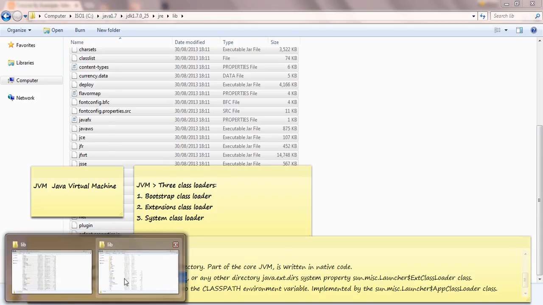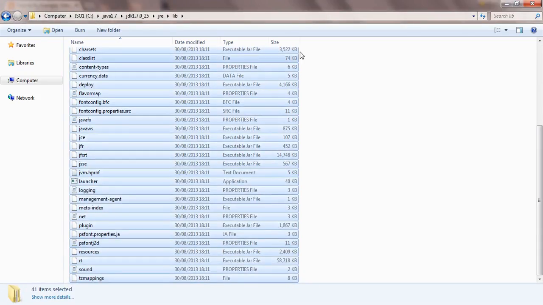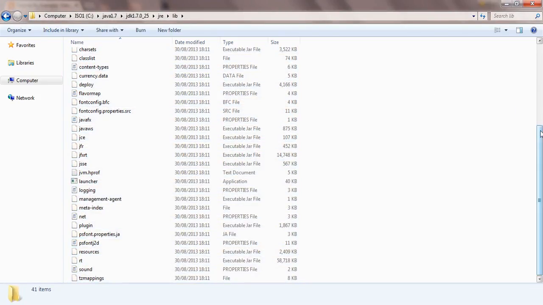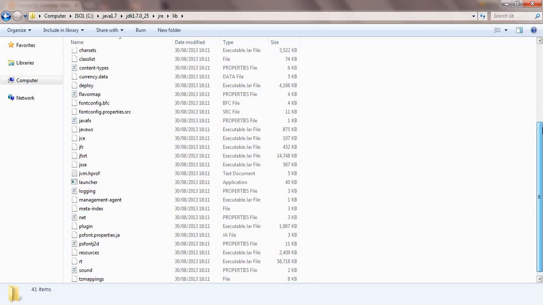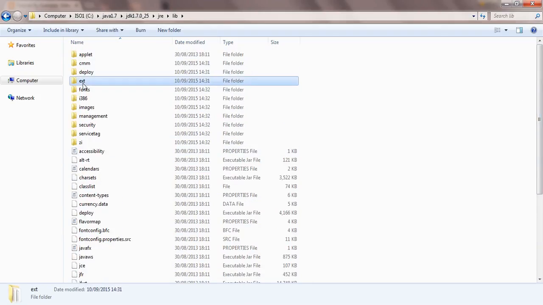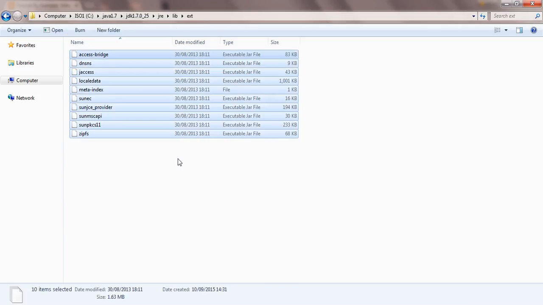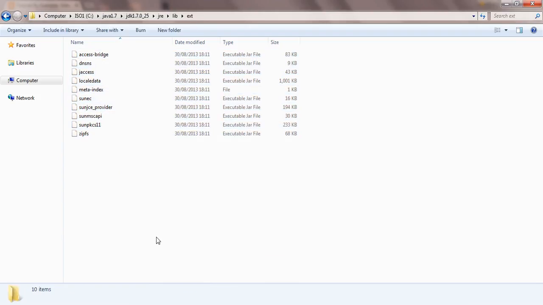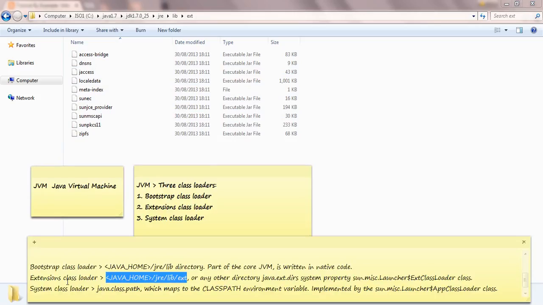I'll show you: if you go to Java home JRE lib, there is an ext folder on top. There are a few executable jar files under ext, and these are part of the extension class loader.